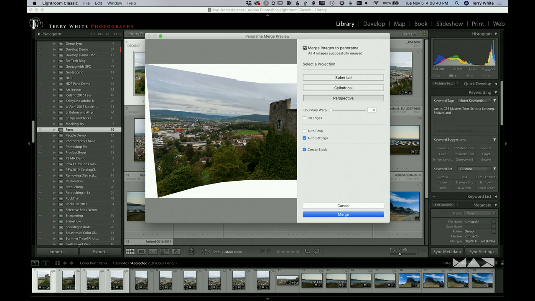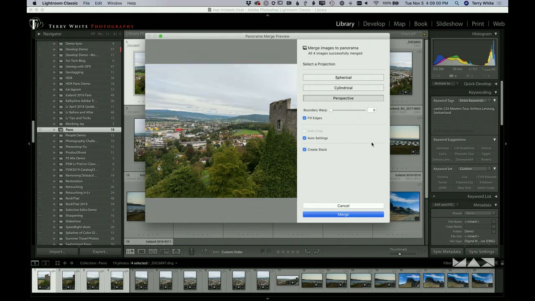Before, you would have cropped this or tried to use Boundary Warp, and maybe it would have worked, maybe not, depending on the image. But now some of that content-aware technology is finally starting to make its way into Lightroom. So if I just click Fill Edges, merge,